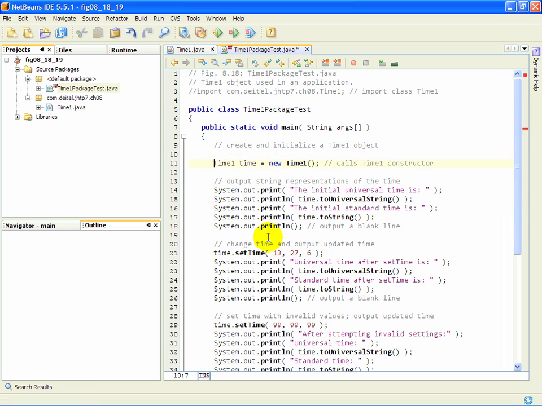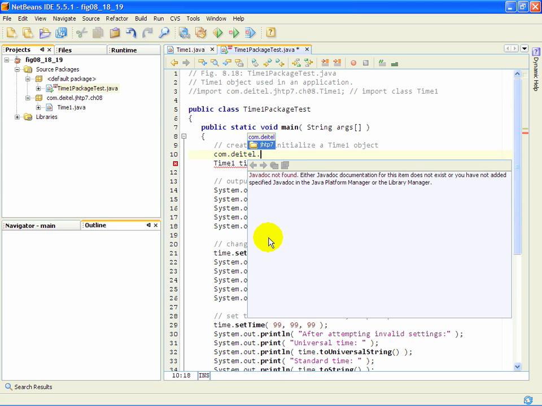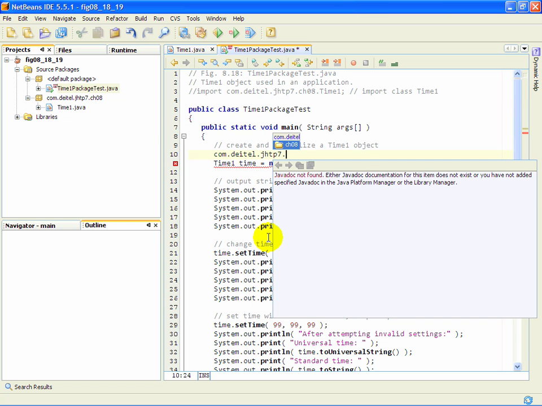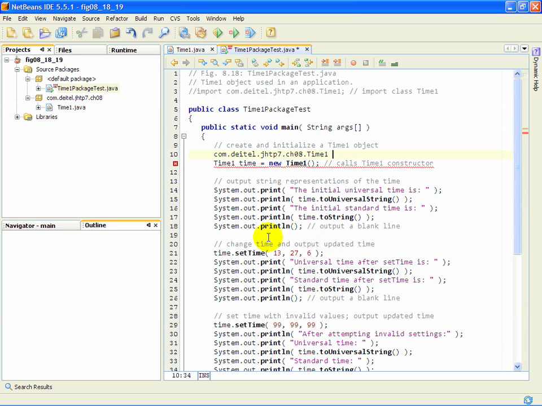So actually I'm going to press enter here so I can start a new line, and watch what happens in NetBeans when I type com and a dot. It shows me the different packages that start with com that I can use here. So as I type deitel and a dot, it shows me that there's a folder jhtp7, and if I hit tab it'll fill that in automatically, and now I see my package name, part of my package name, ch08, and I hit tab and hit dot, and then bang, there's my Time1 class, and now I can create a Time1